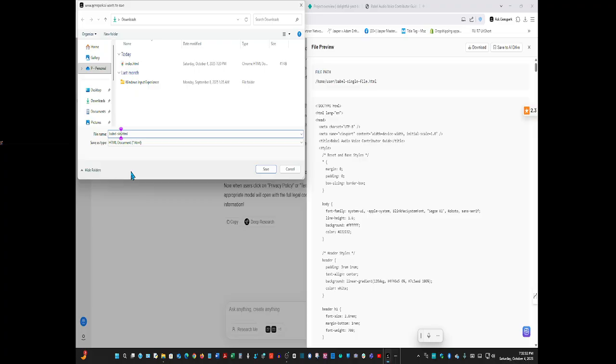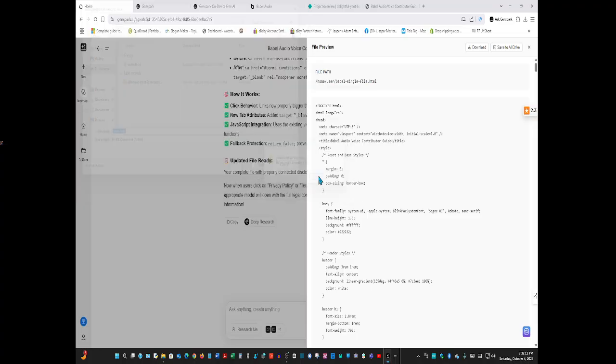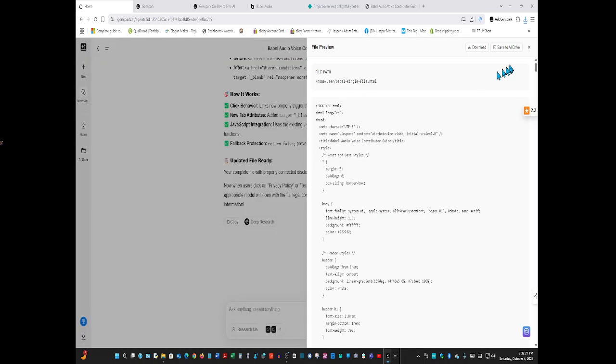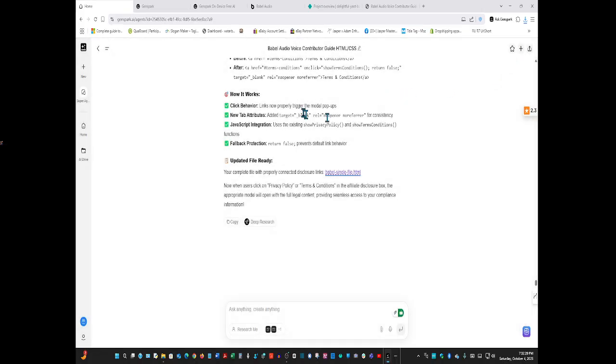I thought I was done, folks, but you've got to check every link and everything you build. Don't be tacky, because it ruins your credibility. Yes, I want to replace it. Now that's six of these bad boys. Okay, I'm saving it to my AI drive. It'll do it for you. It used to do it automatically. I have to tell it now. Like I say, these things, they get lazy on you.